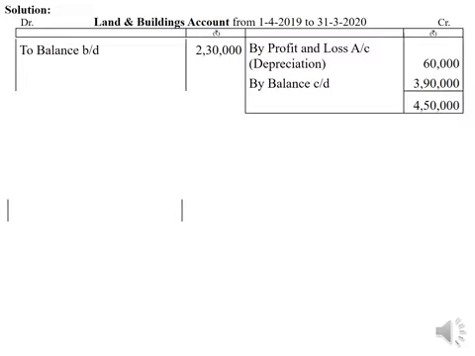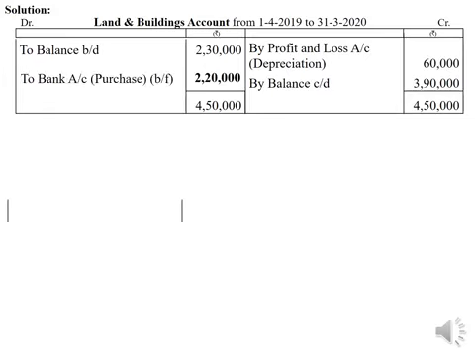It comes to 4,50,000 on the credit side, so it is the highest amount. Therefore, transpose it to the debit side, 4,50,000, and balance the account. So we are getting 2,20,000 as the balancing figure. Treat this 2,20,000 on the debit side as purchases made during the year and credit it to bank account. That is land and buildings account at R2 bank account.